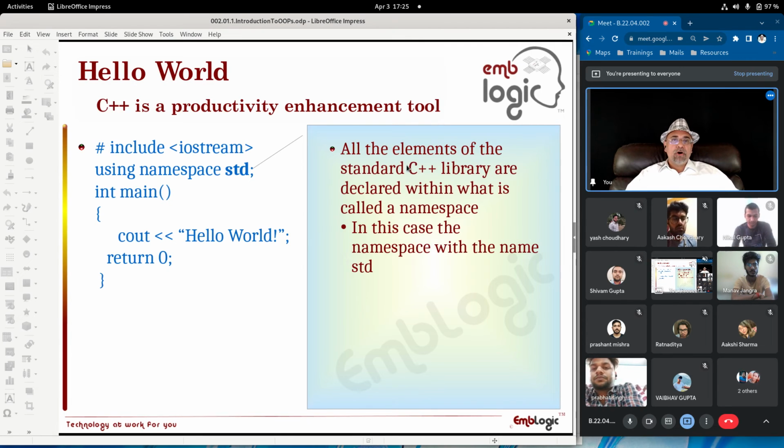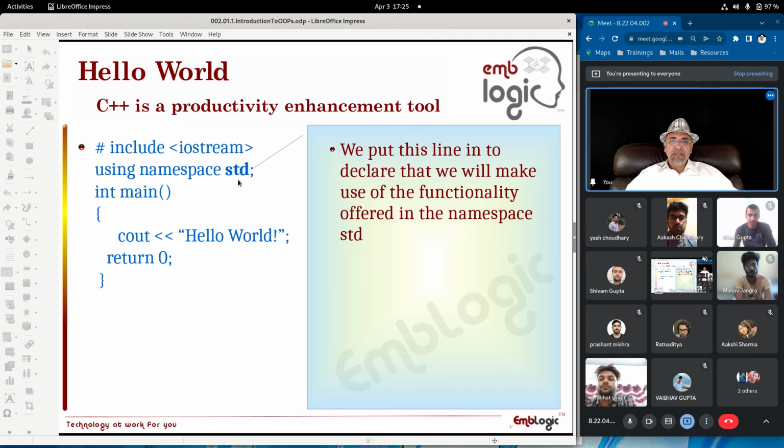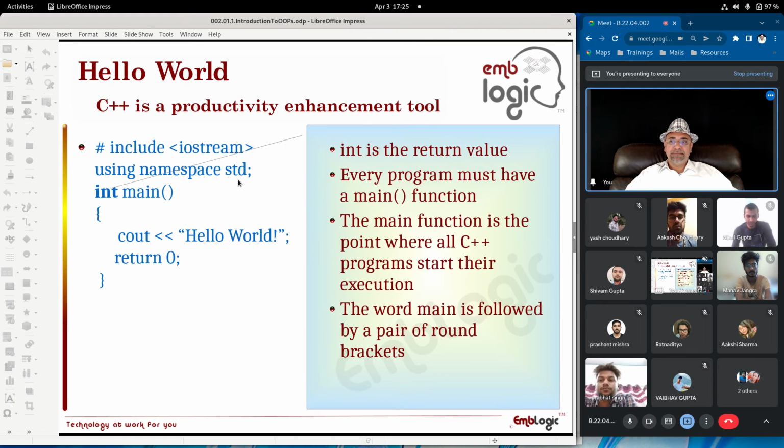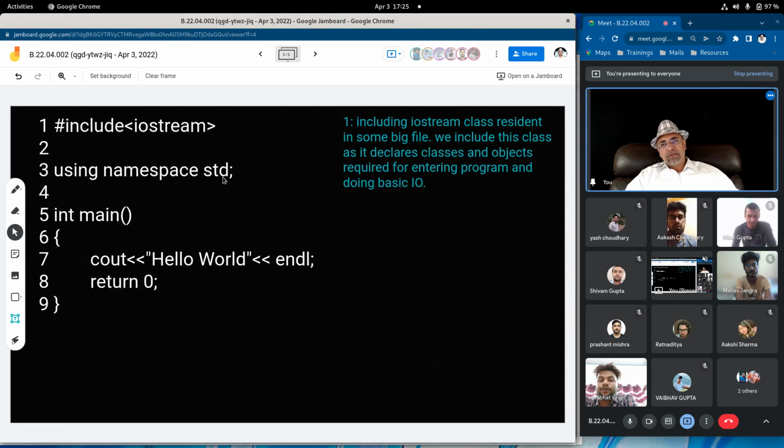The std namespace: all the elements of the standard C++ library that is implemented in the IOStream class are declared within that namespace. In this case, the name std is used. We put this line in to declare that we make use of the functionality offered by the namespace std. Now, here I say that it includes the IOStream resident file in a big file.